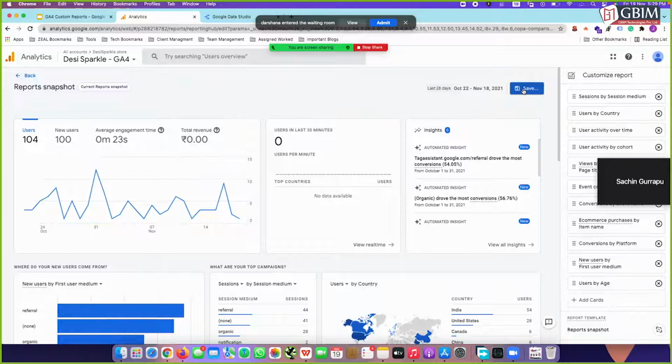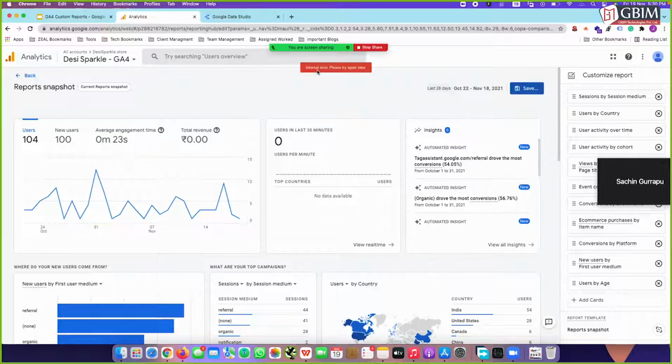Since this is a beta, it is in progress, they are developing GA4, it is not concrete, like this is the final stage they have for this. So there can be errors, there can be some issues. You might get an internal server error while saving this, so no need to panic. You have created it properly, but you won't get it because this is still in the testing phase. The reporting and everything is not done properly yet.